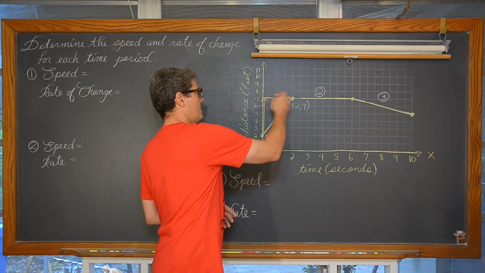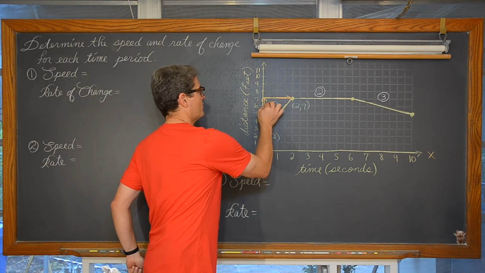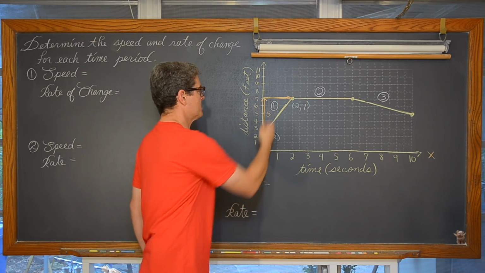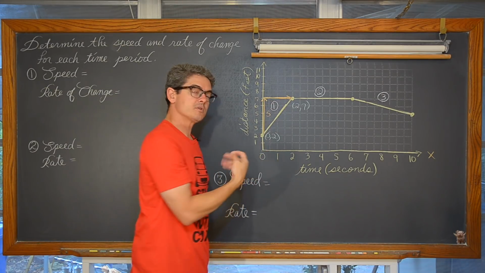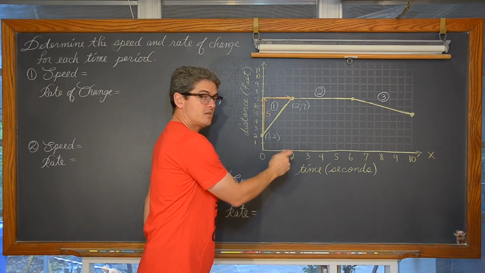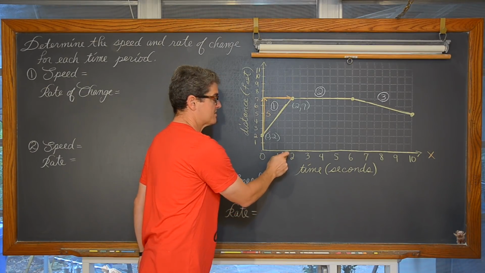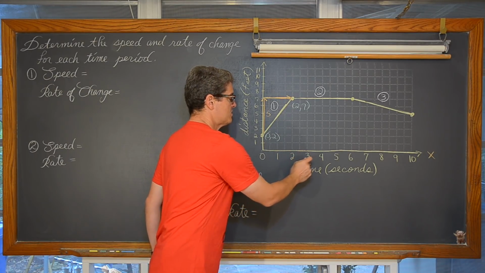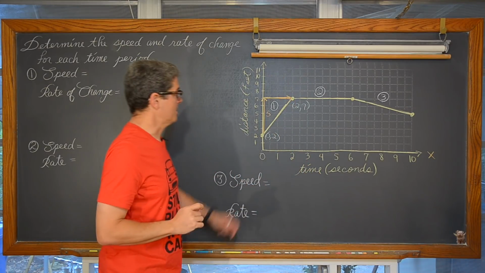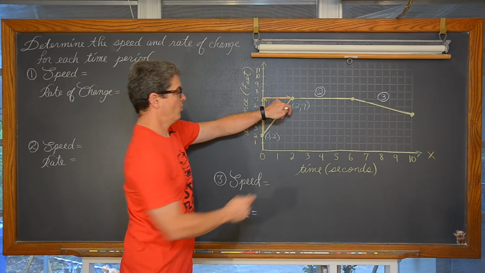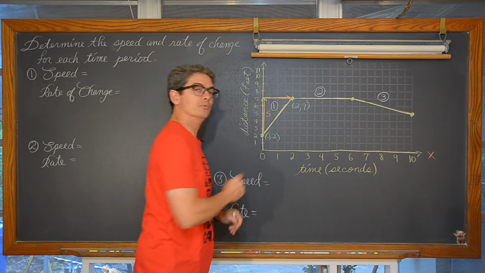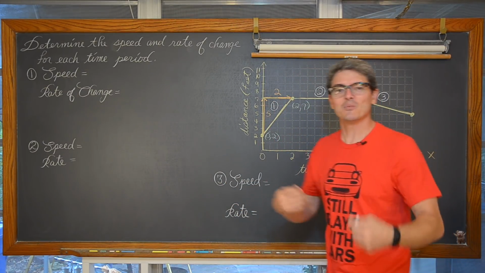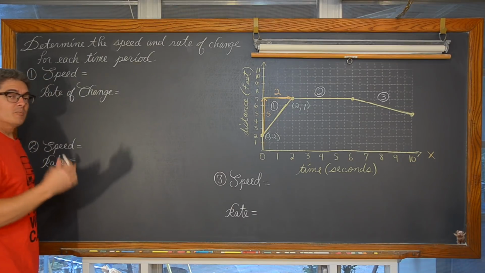But when I was just starting to count that rise over run, I counted up 1, 2, 3, 4, 5 lines, and I counted over 1, 2, 3, 4 lines. Well, that's not correct because each one of these lines does not represent one unit of change. We go from 0 to 1/2 to 1 to 1.5 to 2. So every 2 lines represents a change of 1 second in time. So as I run over, that's actually 1 second and then 2. I'd like to say I made that mistake on purpose just to be able to talk to you about that, but it actually was an honest mistake. It happens. So be careful with your work.